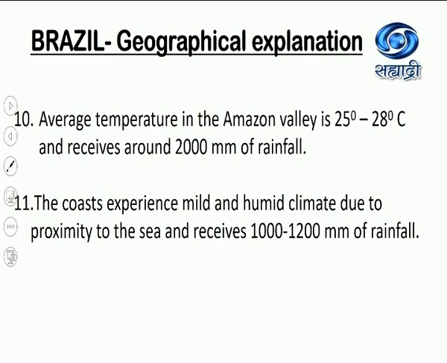Temperature difference is very minimal, that is 25 degrees to 28 degrees Celsius, and it receives around 2,000 millimeters of rainfall. The coast experiences mild and humid climate due to proximity to the sea and receives 1,000 to 1,200 millimeters of